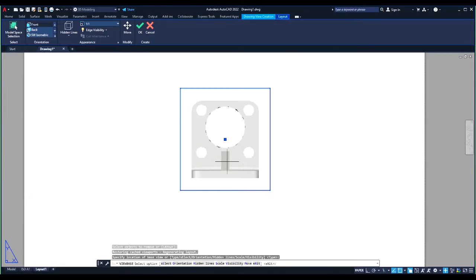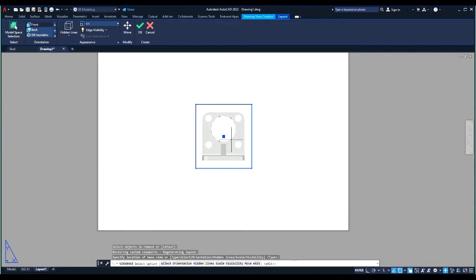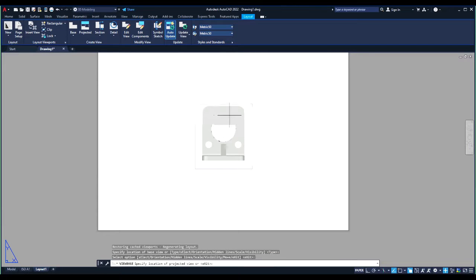You notice this looks like a shaded view right now, but if I press enter, it's going to tell me to go to different views now and start creating this. So if I come to the right, you notice it gives me the right view. If I come here to this view, and here, and here, all right. And also